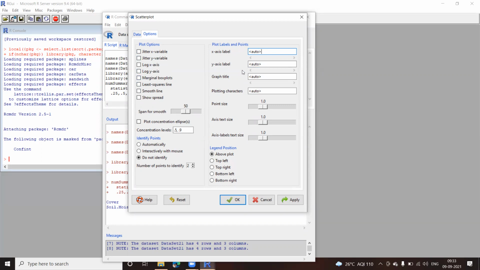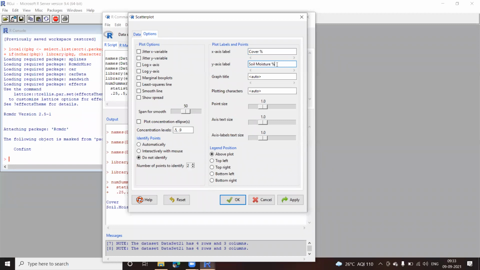I'll just make a change in the label. On the x-axis, because I have selected cover, I'll just put the label as cover percent, so cover and the percent sign. And on the y-axis label, I'll put soil moisture percent sign.